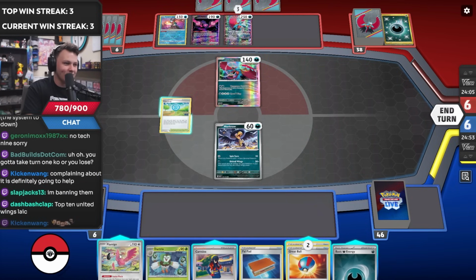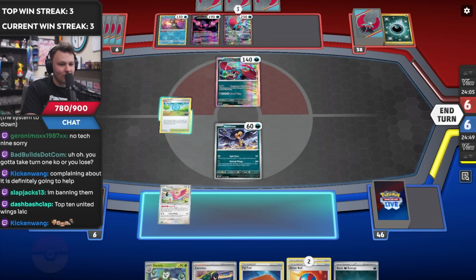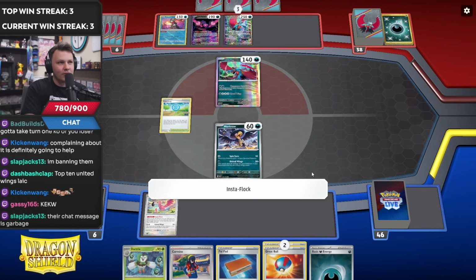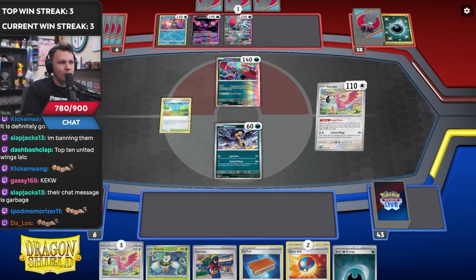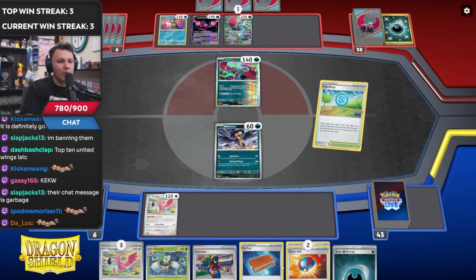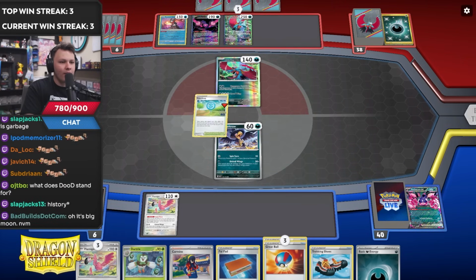You're done. I think theoretically it's correct because we have guaranteed access to the Flamigos. The sequence should be Flamigo first. Get out the squad. Then we hit the Pokestop. I don't want to take Pokemon out of the deck before I can mill them. Ooh, it's pretty good. Okay. And then we go...